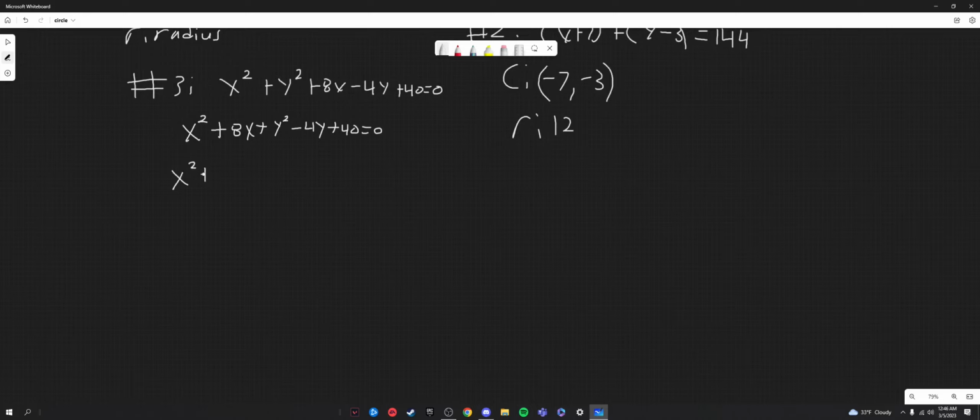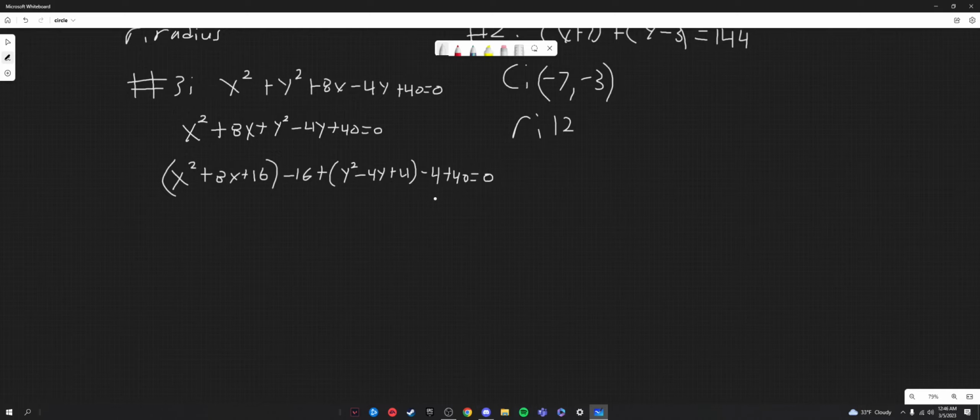So of course, x squared plus 8x. Now 8 over 2 is 4. 4 squared is 16, so we're going to add 16. Now I'm going to put this in parentheses, and we're going to subtract 16 again, so we don't change the value of the equation. We're going to do the same thing for y squared minus 4y. It doesn't matter that it's negative, we're squaring, so it's going to be positive: 2 squared, so it'd be 4, minus 4, plus 40